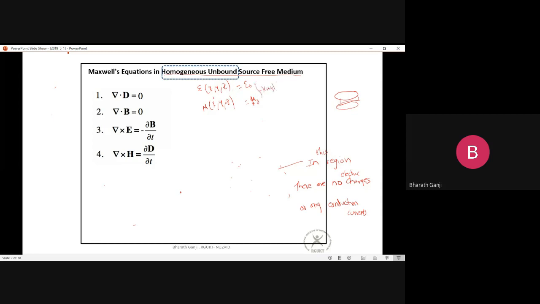So let us try to find the solutions to the Maxwell equations in this kind of region. Okay. So you can see from the first equation, because del dot of d is equal to 0, d is equal to epsilon times of